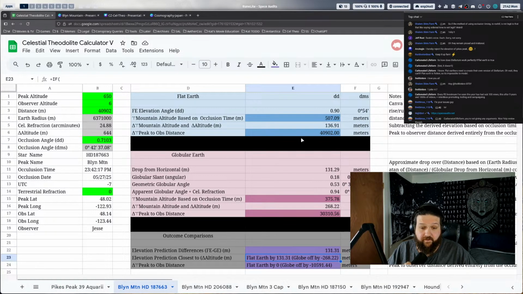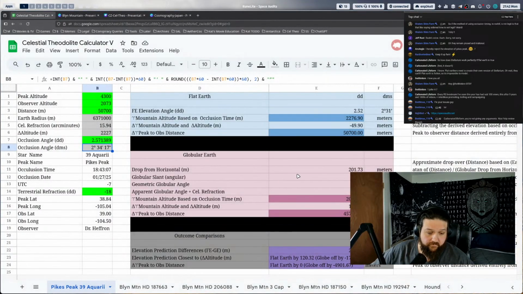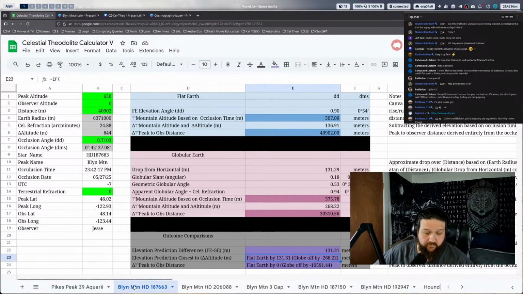That's the significance. Right. Regardless of what sources say about the height of a mountain, we're allowing the occlusion timing to take precedence for using our angle to calculate the distance and height. Now, when they put together the data on these mountain peaks, were they using occlusion timing? Probably not. Well, what were they using?